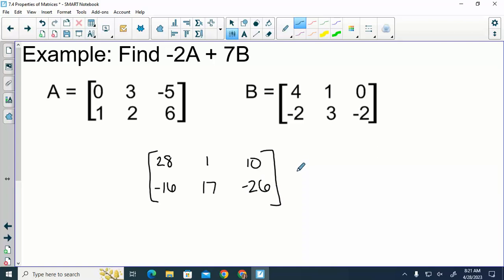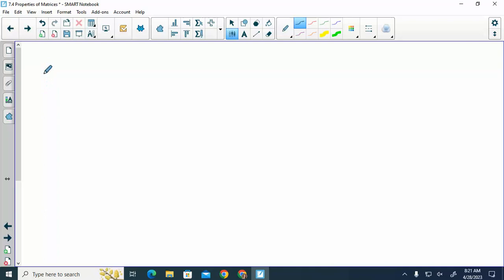The last thing I want to talk about with these is solving equations involving matrices. And it's really just solving for an unknown. So it might be that I give you something like,